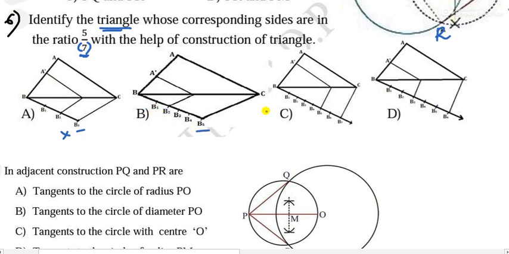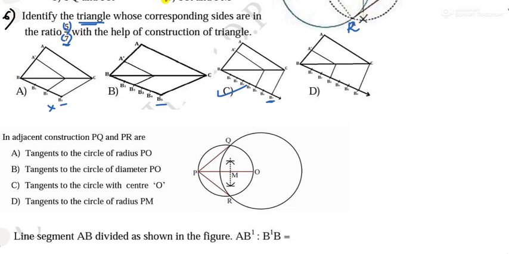Here only up to 5 is given. Yes, 2, 3, 4, 5, 6, 7. Up to 7 is given here. So this can be the answer, but you have to look for the joining to be from 7 and then 5. From 7 they have joined, and from 5 also they have joined here. So option number C is right for this. I hope you have understood this. Moving to our next question.